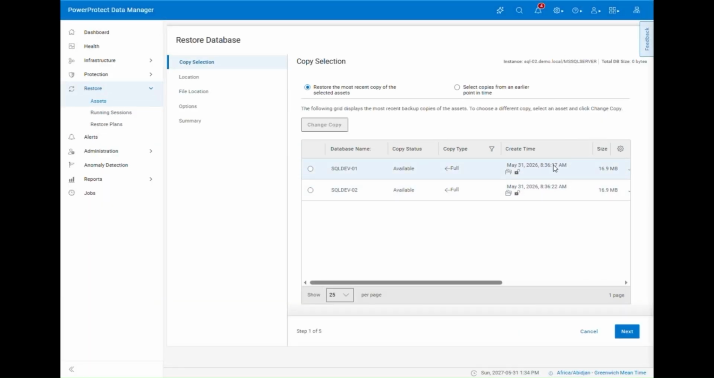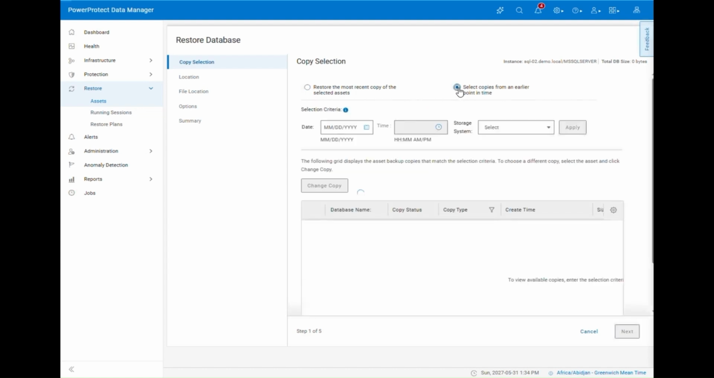So now you have the ability to select the version and click on next as usual to perform the restore. And then we also have the other option. You can select the copies from an earlier point in time using the timestamps. So I'm just selecting the date,